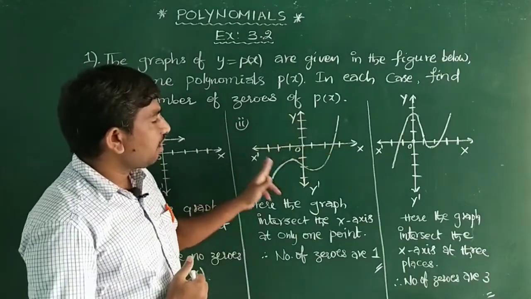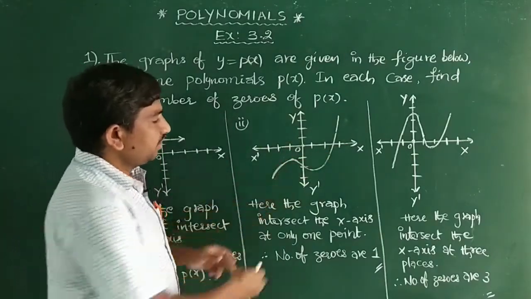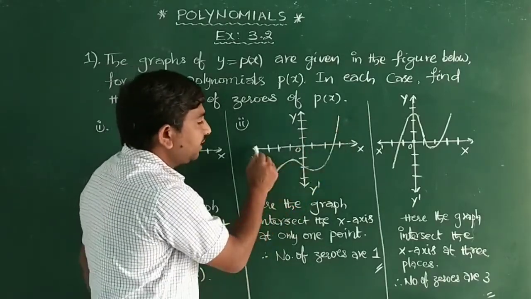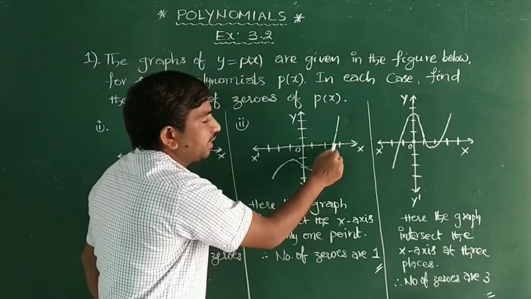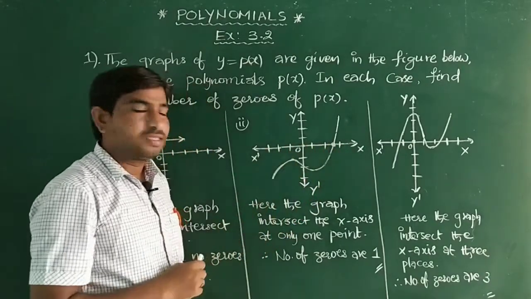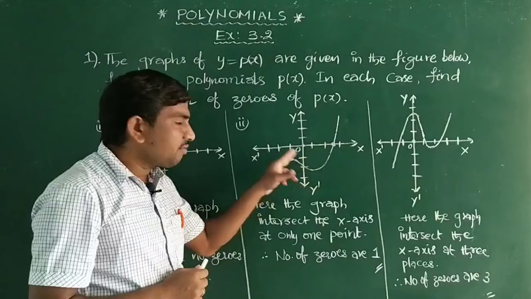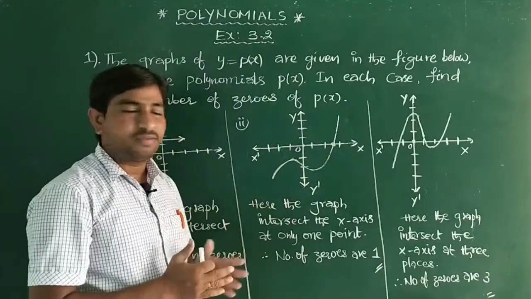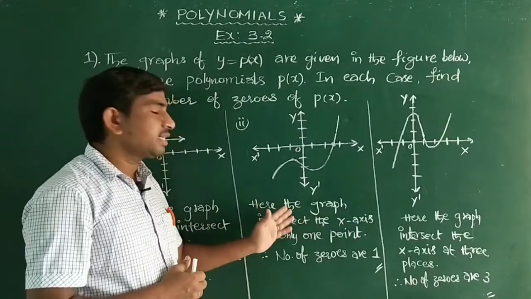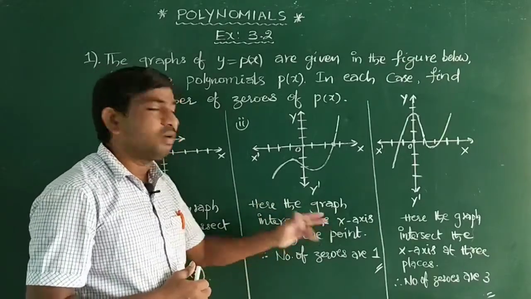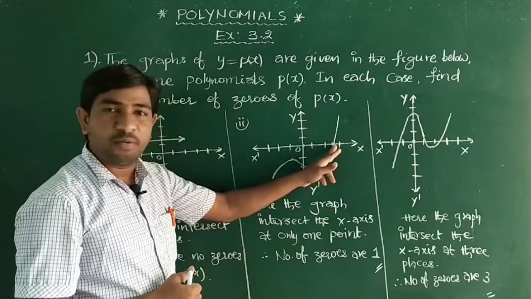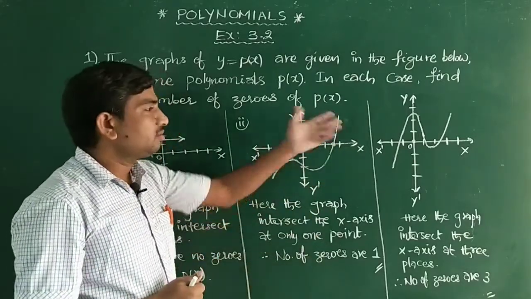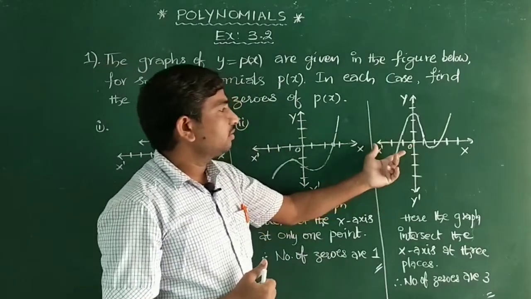See by this graph what we have to say. Here, if you observe, this is a curve graph only. This graph intersects the x axis here, at this place, right? This means the graph intersects the x axis at one place, in the positive direction. Therefore the graph is intersecting the x axis at only one point, so the number of zeros is 1. Okay. Now what is the third one here?